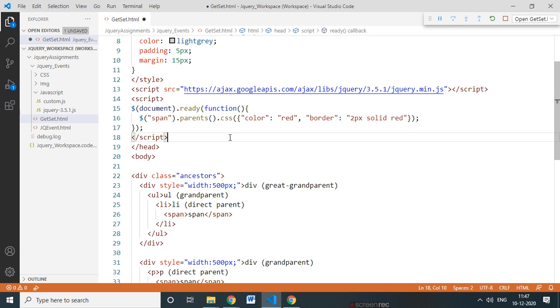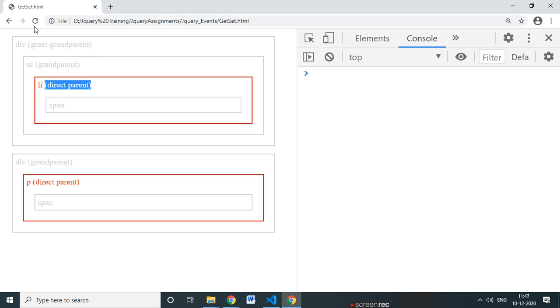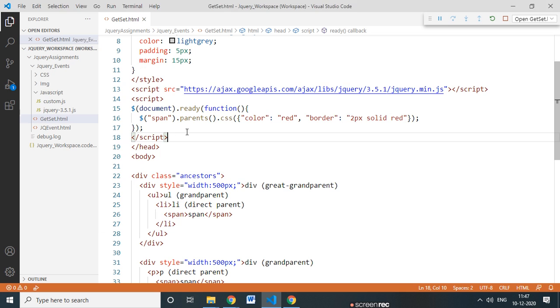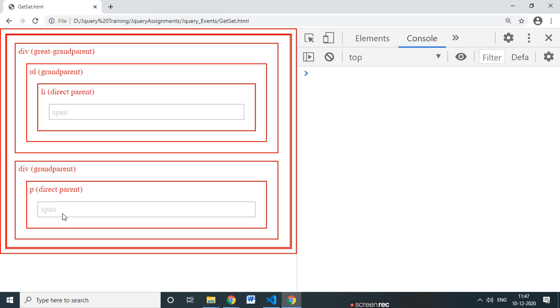If I say parents, there is another method, parents, then we check the output. See, it changes the color of all the parents. It changes the color around both spans, the method is applied on both spans.